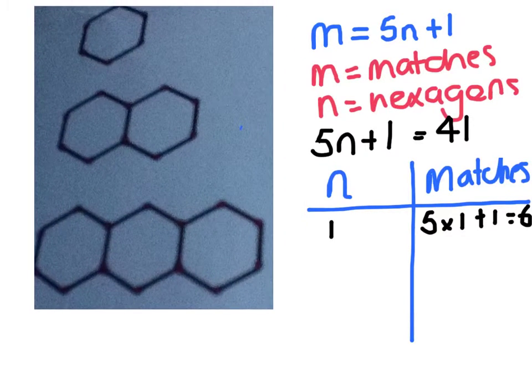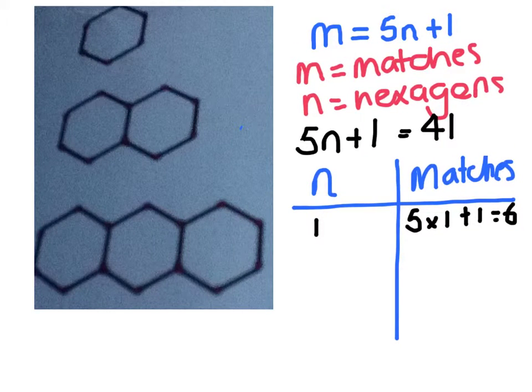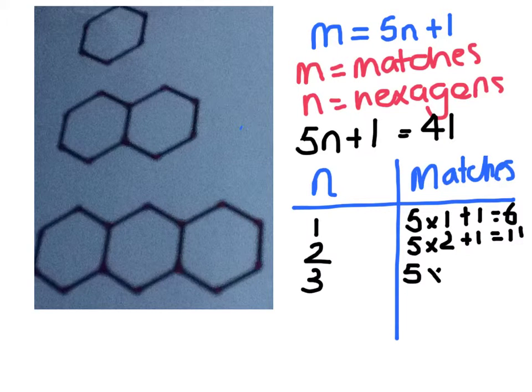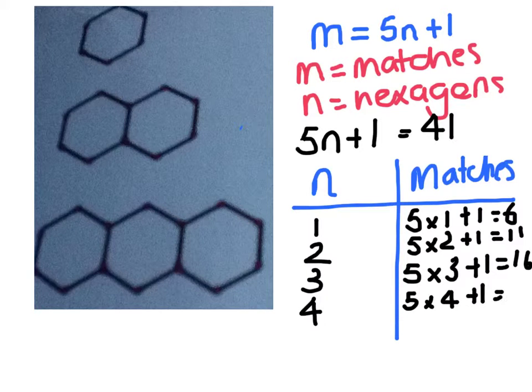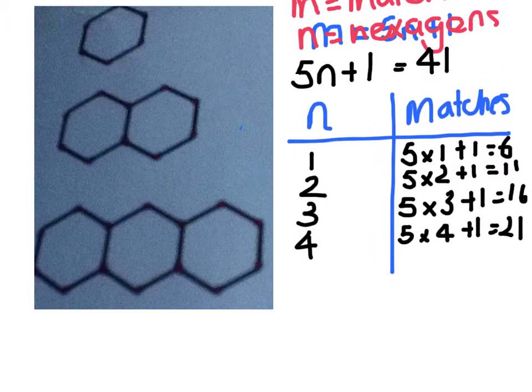We'll just move this all over a bit. Next, when n equals 2, we're going to get 5 times 2, which is 10, plus 1, which is 11, and so on. We can keep going. 5 times 3 is 15, plus 1 is 16, 5 times 4 is 20 plus 1, 21,